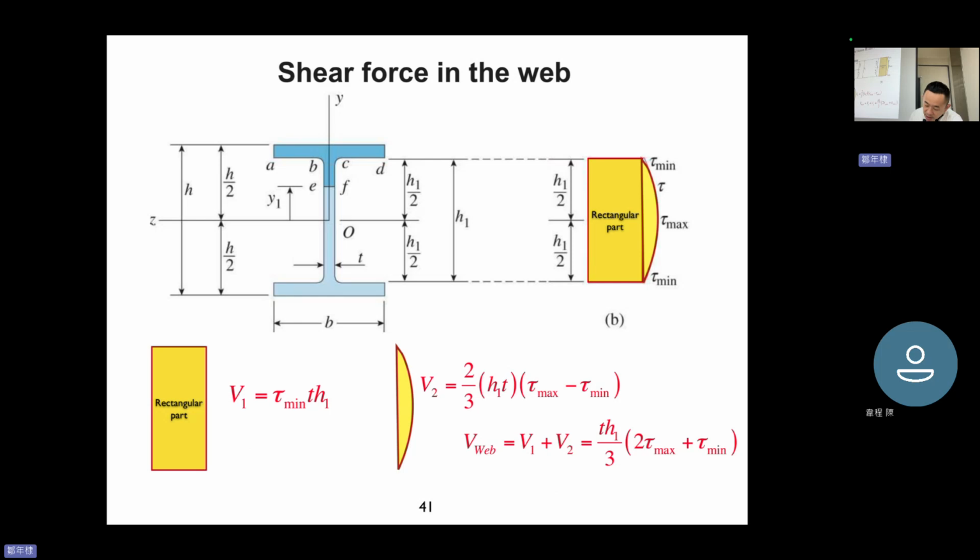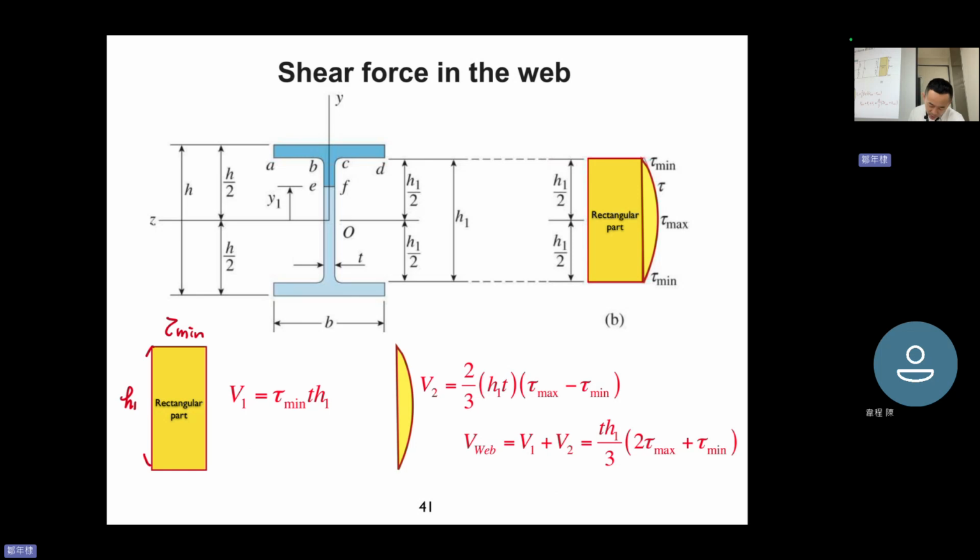So you see, there are two parts, rectangular part and the parabola part. Okay, rectangle part is V1. V1 equal to tau minimum. Of course, this is tau minimum. Okay, and this is H1, right? So tau minimum times H1 and times T,